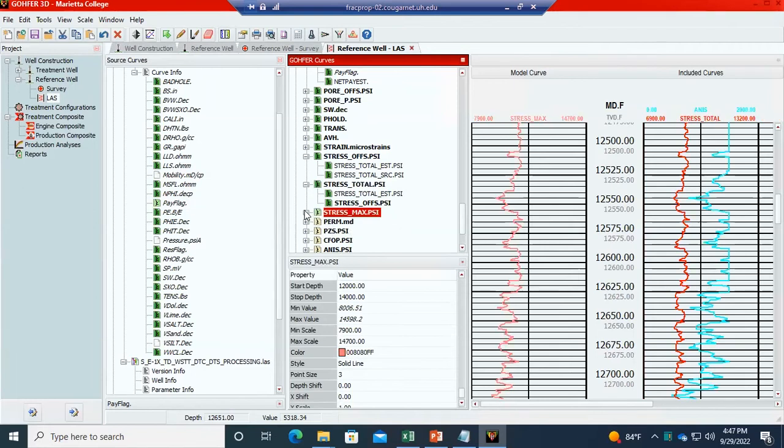For drilling purposes, you can check the maximum horizontal stress. By definition, the main parameter that we deal with during fracture propagation is the minimum horizontal stress. We don't really care about the maximum horizontal stress. We care about the maximum horizontal stress if the difference between the minimum horizontal stress and the maximum horizontal stress is low,